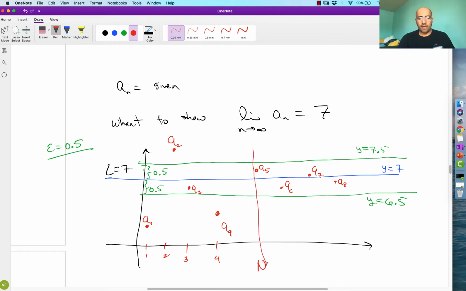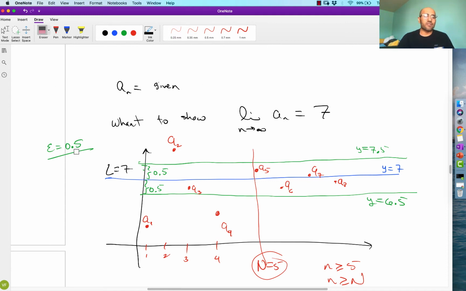Here is n equals 5. We would say that if n is greater than or equal to capital N, because we're letting capital N equal 5, then for every counting number beyond that, when we evaluate it in our function, it's inside that band. So we need to figure out which one matches. This is just an arbitrary choice of what it would take to convince this person that these values are getting infinitely close to 7. But that was just an arbitrary choice.